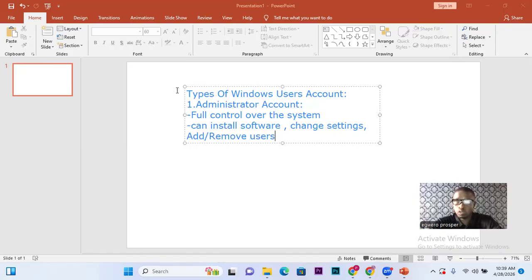Will you say, because you want to ensure the security of your system, you will not give them? You will give them. What you do is this: you quickly go and set up the next type of account we are going to talk about, which is the standard user account. That one does not give them access to do what? It does not give them full control. It does not give them access to install software. They cannot add or remove users. So you give them that standard user login,